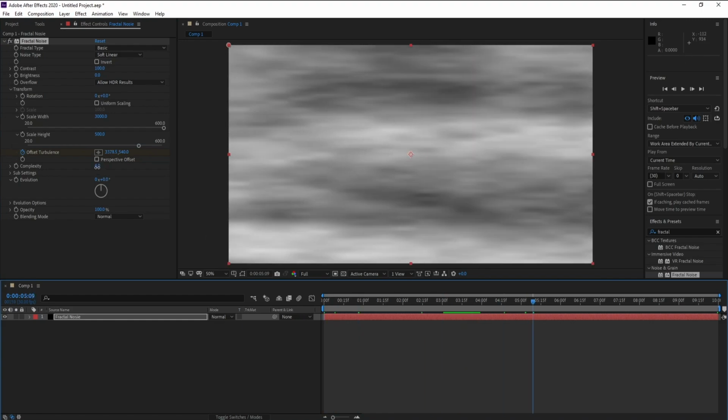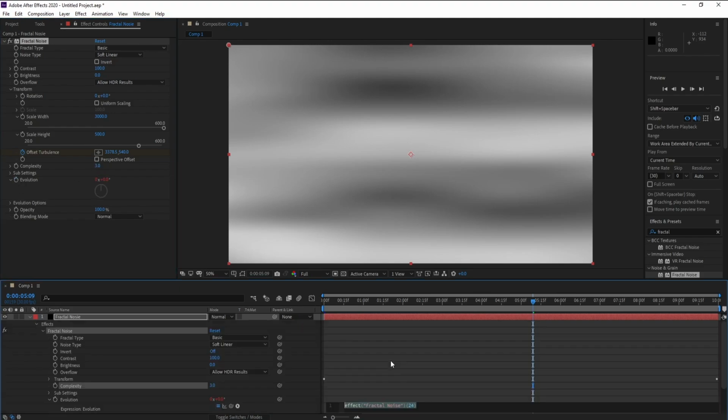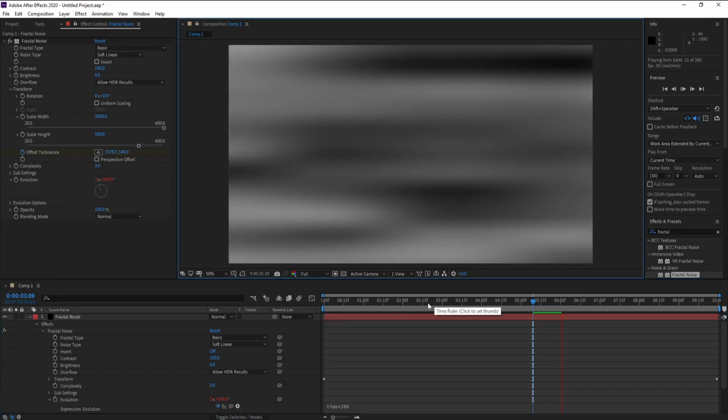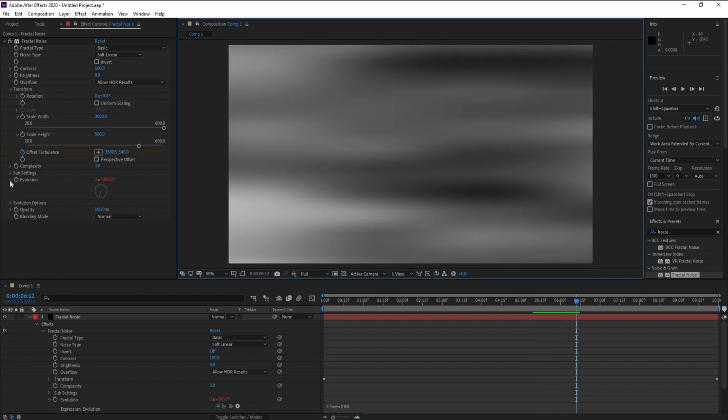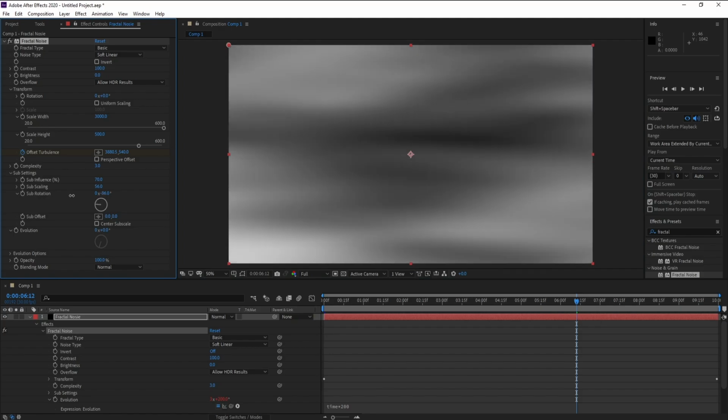Also, complexity I'll change to 3. For Evolution, Alt-click for the keyframe expression and I'll type time times 200. Let me see this. Yeah. Also, I'll go to Sub Settings and I'll decrease the rotation